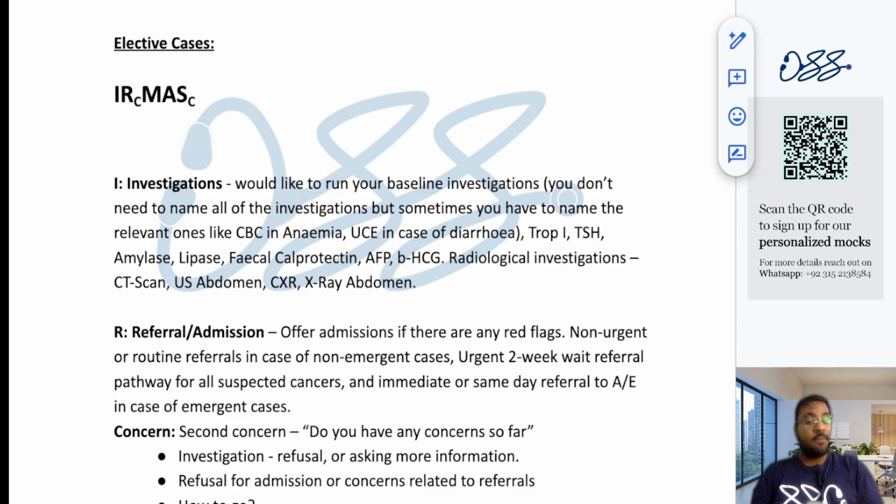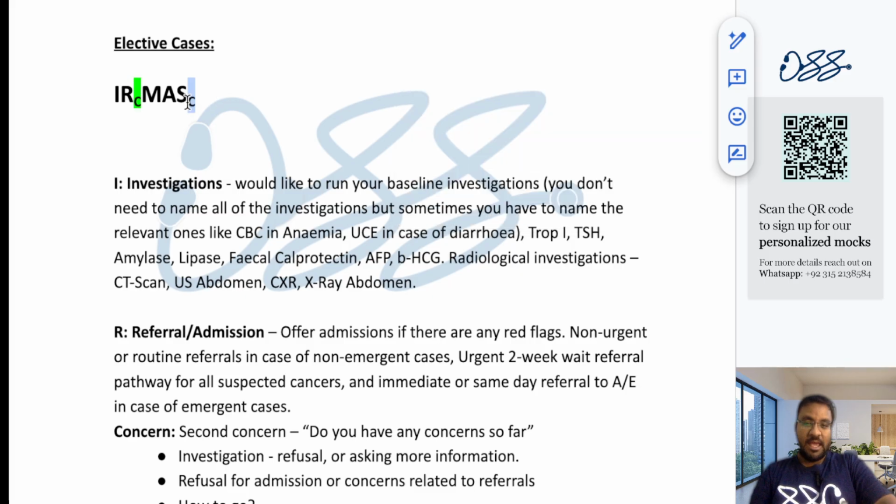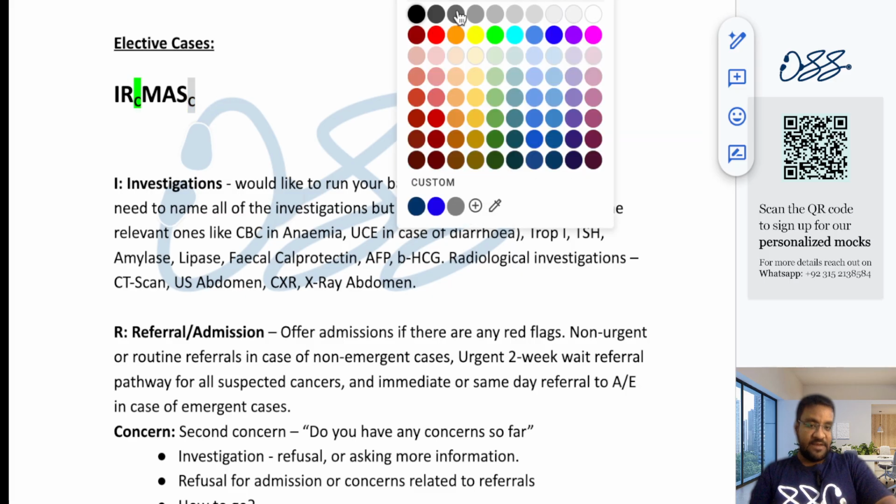Okay, so IRMAS protocol is something which is very important, and it's something that should be there in your mind whenever you are doing management. And if you just follow it, there wouldn't be any management pointer that you're going to miss. Okay, in the IRMAS, you can see that there are two C's that are mentioned. Okay, one C is there after the R, and the other C is there after the S. Okay, so there are two C's involved in it. Okay, so the first C was after the diagnosis. Okay, and the other C is after the safety netting.